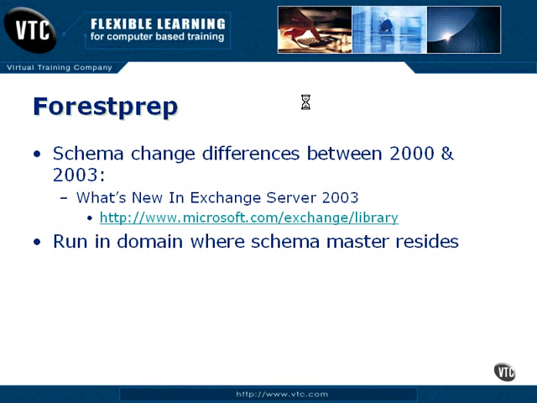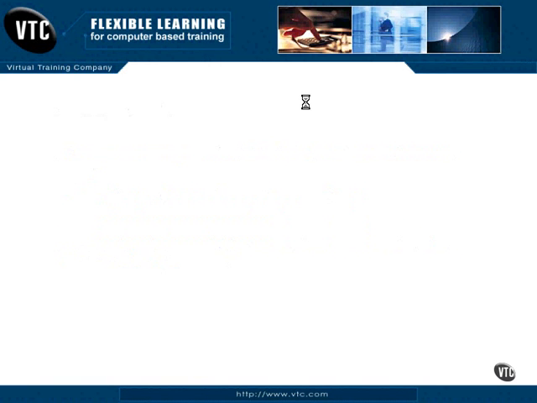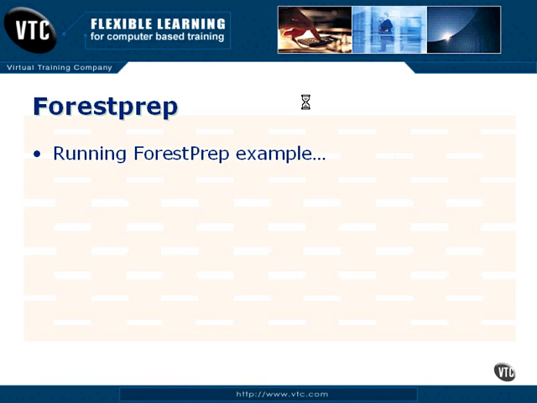If we're not in the same domain where the schema master resides, we're going to have to pass quite a bit of information across the network. It's not going to be nearly as reliable. It's not going to be nearly as efficient. So what's going to happen is you're going to be advised when you begin to run Forest Prep if you're not in the proper domain. It will stop and not run Forest Prep, and it will advise you which domain you should be in to do this. So let's look at an example of running Forest Prep and show you kind of a little gotcha